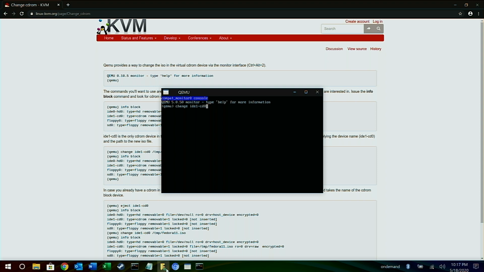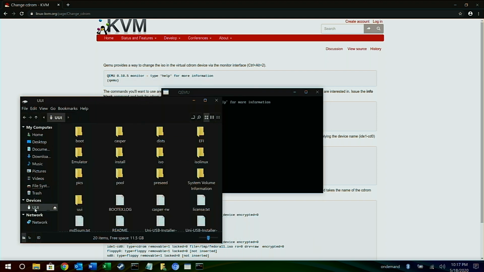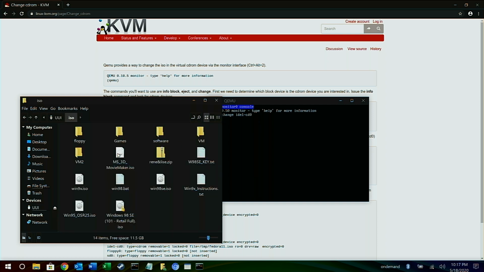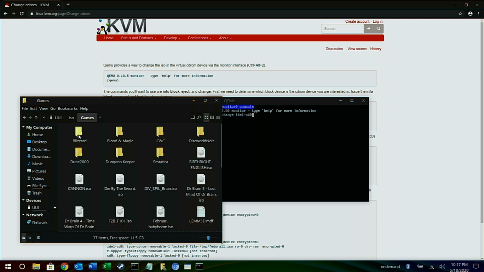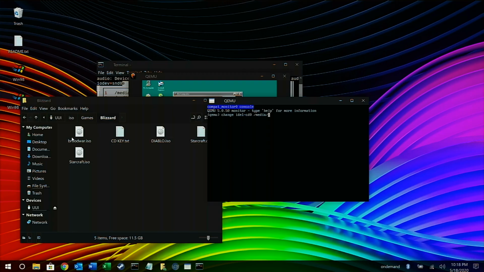Here. And now the reason I made the file changer is simply because otherwise you have to find the full path and type it in manually, because for some reason, or at least I haven't found a way to copy paste into this prompt. So I need to type the full path here. That would be media, since it's the USB stick. And the media is actually the folder I have set it to search for ISO files. So if you change that part in the script,